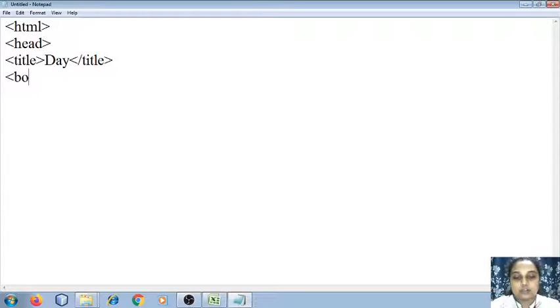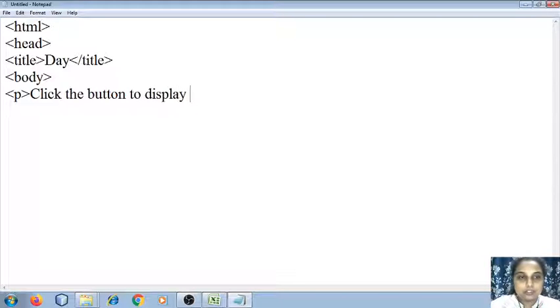Then I'm going to start with body, then one paragraph which says click the button to display what day it is today. So when I click on this button, I should be able to tell what day it is today.